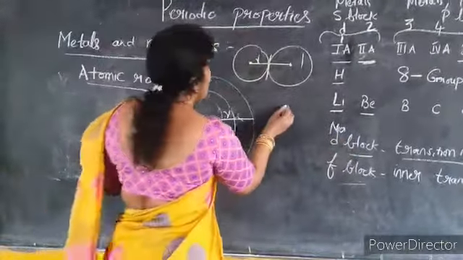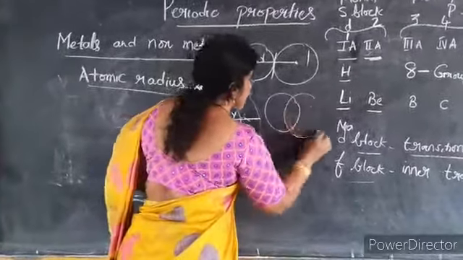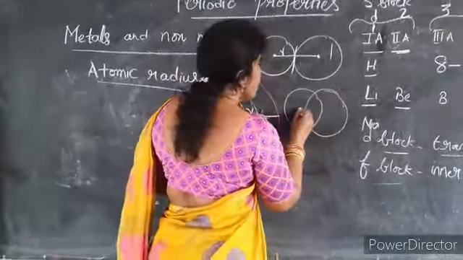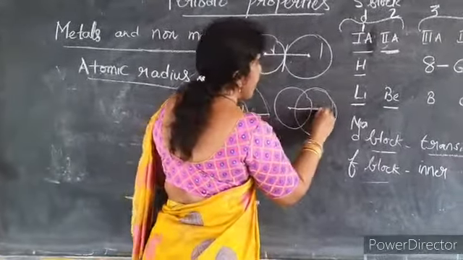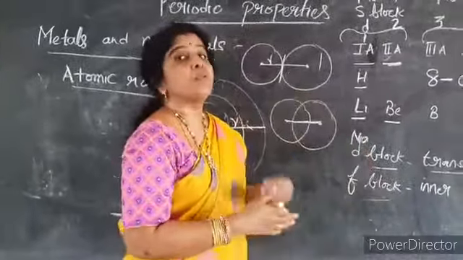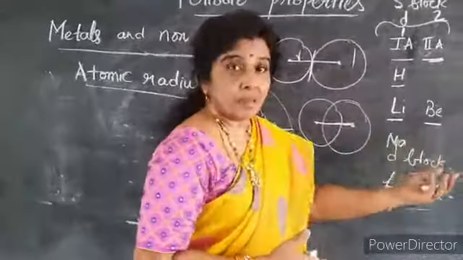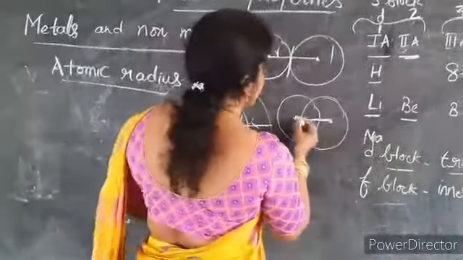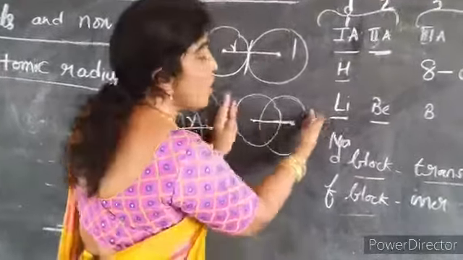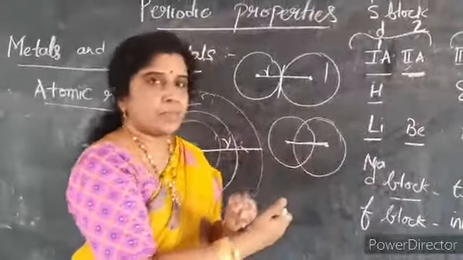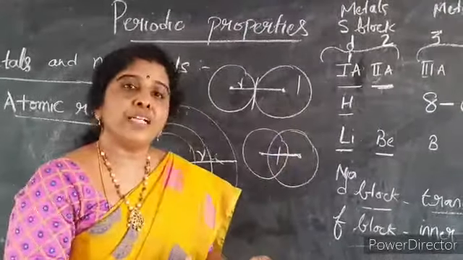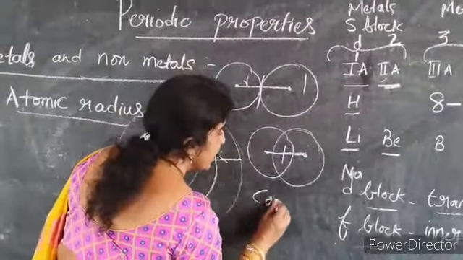For example, for two gas atoms, you can take hydrogen, oxygen, nitrogen, any gas. Usually two of them are combined with a covalent bond. About the covalent bond we will be discussing in the next unit, so you need not panic about what it is. Now here, what is done? The distance between the centers of two bonded atoms is taken. These are bonded atoms, it's a molecule. Half of it you are going to take as the covalent radius.